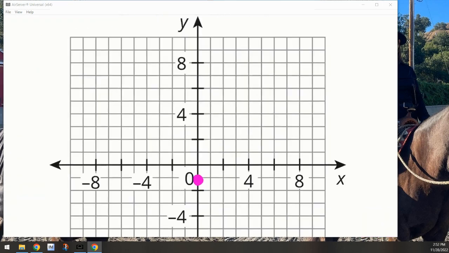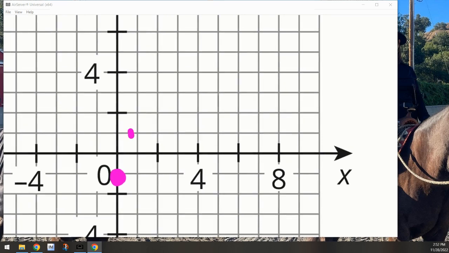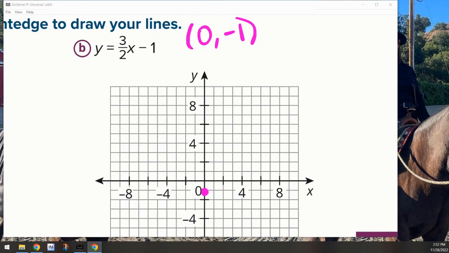And you might want to look and see what these are going up by. This is 1, 2, 3, 4. This is 1, 2, 3, 4. So things are going by ones. You don't need to have it there, but you do need to notice that. Okay? So my slope on this,